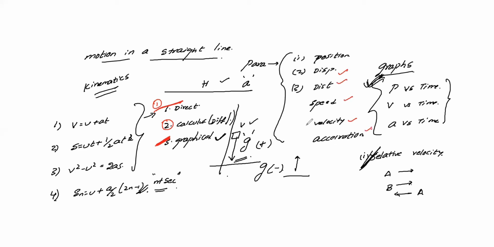Apart from that, they will ask what types there are. Instantaneous velocity and average velocity. What is instantaneous velocity? How do you calculate it, and what is average velocity? How do you calculate it? Same thing for instantaneous speed and average speed, and same thing for instantaneous acceleration and average acceleration. Remember, they may ask you terms like this. And this is just the theory part.